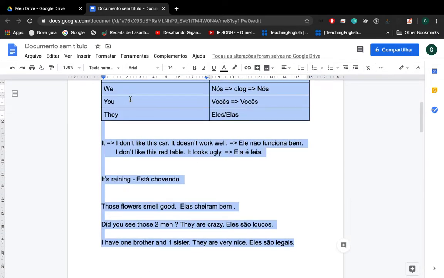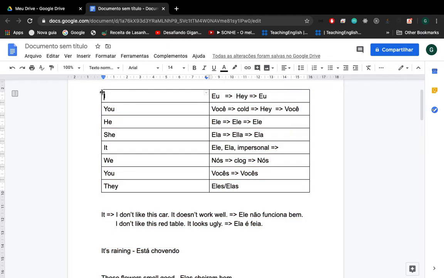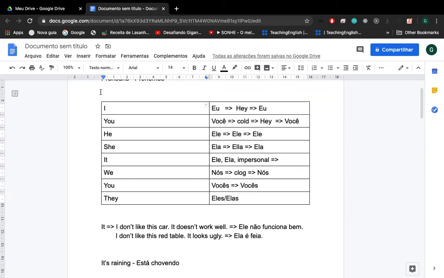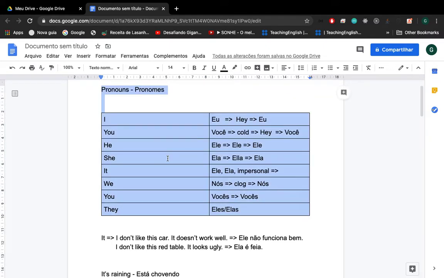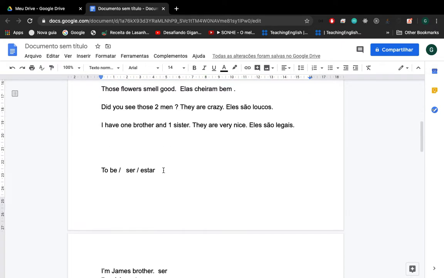So let me know if I went too fast in this explanation about the pronouns. Okay, rewind the video, guys. Practice, pause, and practice the pronunciation so you guys can get used to it. Okay, because I can't spend like the whole video on one topic, because the only thing that's gonna be working for you guys to learn is repeating. Okay, repetition is the process of learning. Okay, so now we're gonna move on to the other topic.